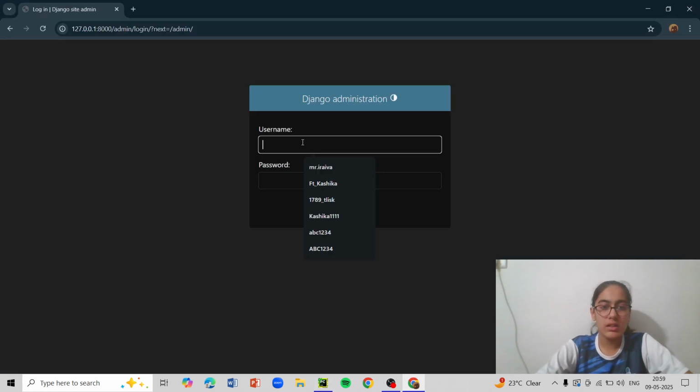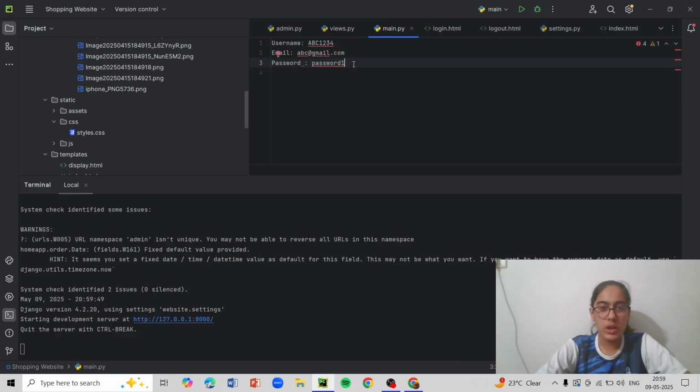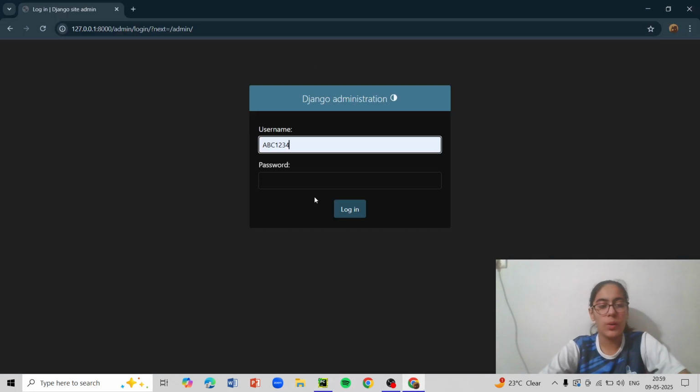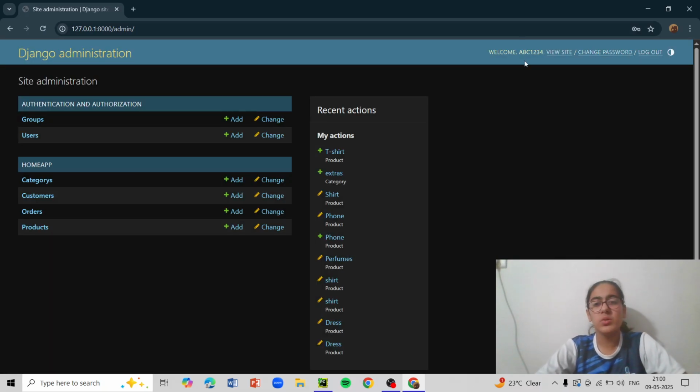Now, if I go back here, username and password. So this username can be changed into ID or password. So I go back to my main, check what my ID password is, copy it, enter, and login. So these were the basic functions. See, this is a data breach. I show this in all my videos because it always comes. This password is being used by thousands of people for the same administration. You can use this ID password, but it is actually device enabled, so you won't be able to log in through my account, but you can try. You can make the same ID password for your own website.